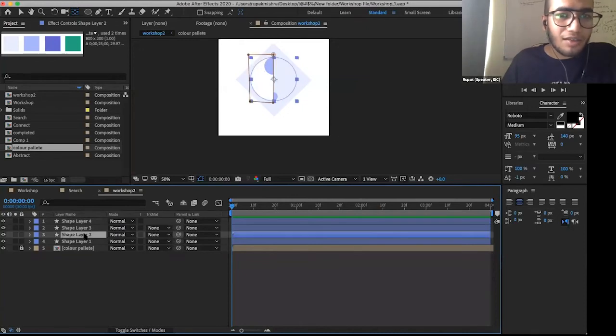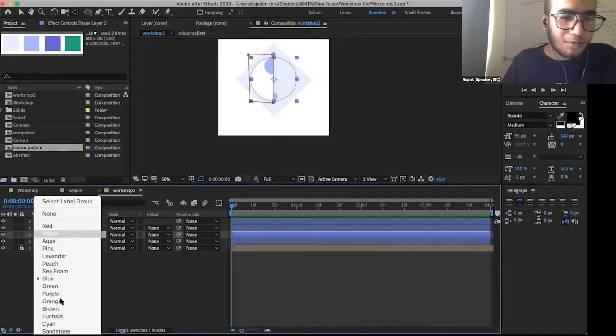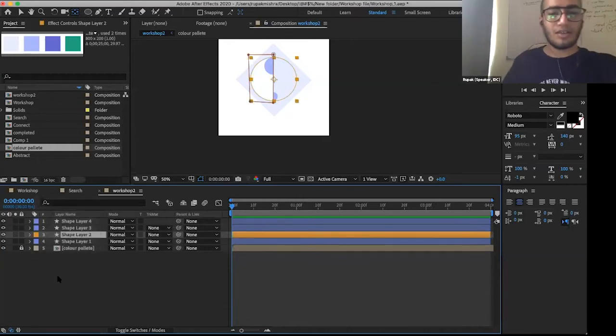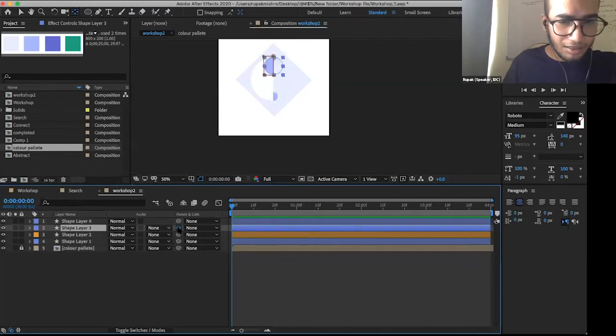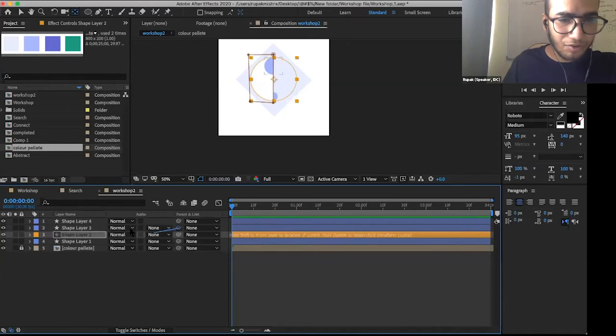Since our shape layer 2 is our base, you guys can just change the label color so that it can be easily identifiable. So this orange color shape layer is our base. Now we'll connect these two with shape layer 2. We can just hold and drag down onto the shape layer.